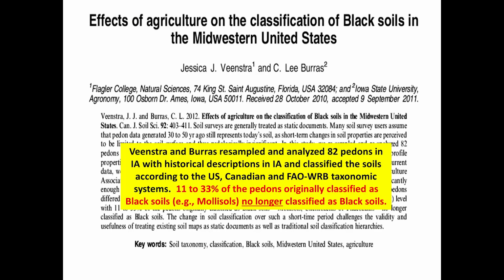So let's think about the big story. What have we accomplished during the modern era of agriculture that we've increased our yields so much? This was a study done in Iowa, 82 pedons. A pedon is what we use when we're mapping soils. So it's a soil body that we describe in detail. And so when 82 soils were described in detail back maybe 50 plus years ago,